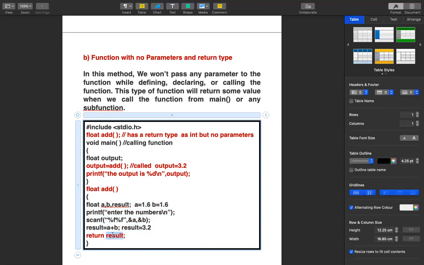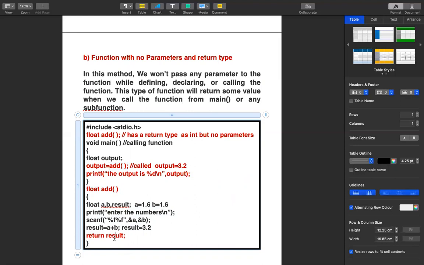So when you see return inside a function, it will jump from that statement to the calling function. So return's job is to jump from the called function to the calling function. Which is the called function? Add is the called function. From here, after performing the return, the result has been returned to the calling function at the position where it has been called. Here was the function called. So what has been returned? One value, that is 3.2.